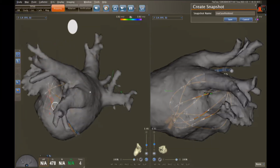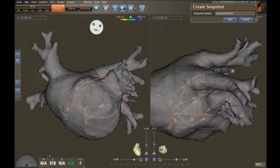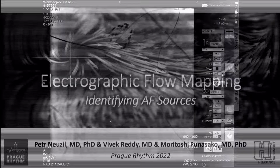So Toshi just took out the basket, as you see on the fluoro. You can go back to fluoro, please. So he took the basket out, and then he put the pentaspline pulsed field ablation catheter in. So that's where he is right now. The other catheters that are in are just the CS catheter and ICE catheter. So at this point, Toshi, why don't you go ahead and start doing the PVI, and I'm going to explain what the system